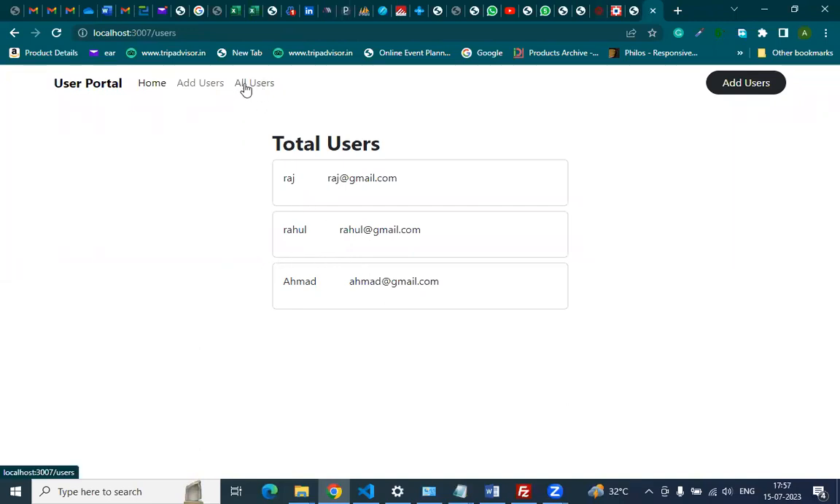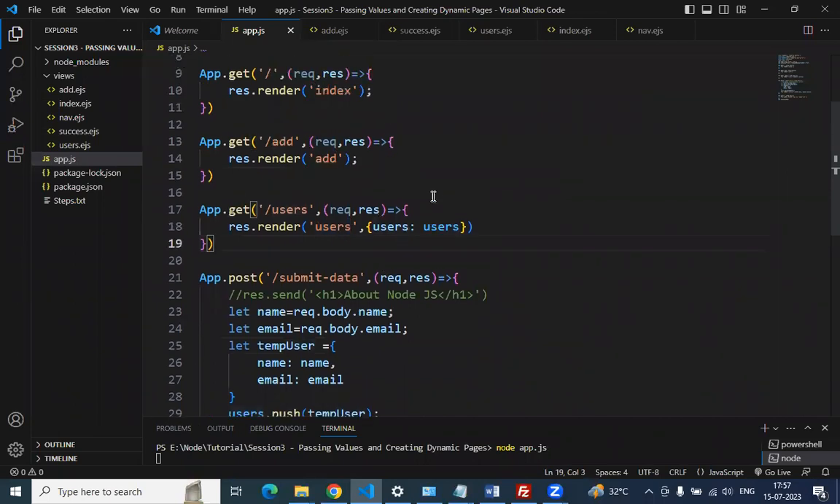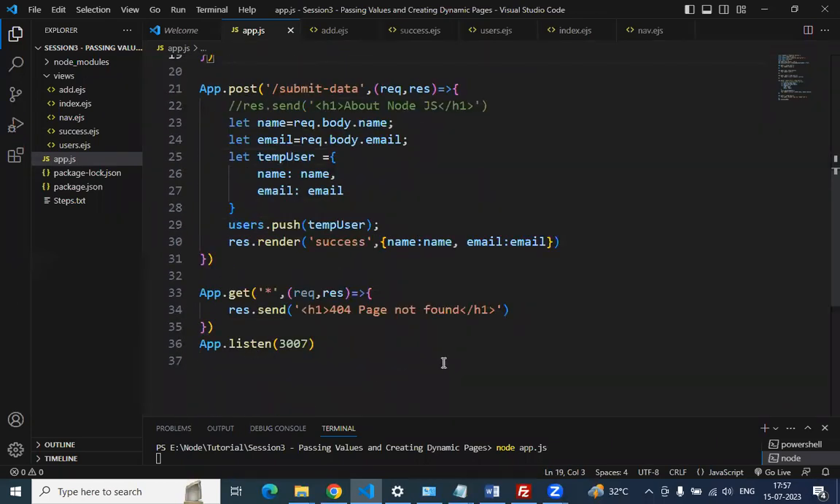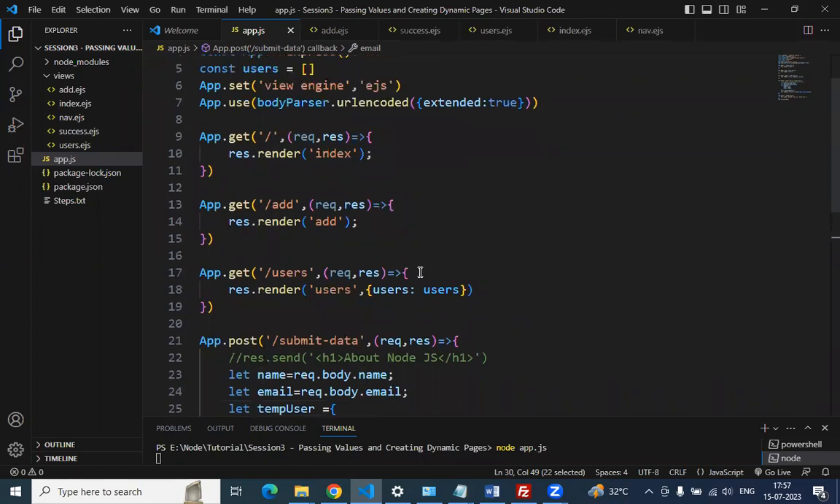Now, when we hit the all users menu, this /users URL will be called, and you can see in /users what we are doing. In /users, we are calling the users.ejs page, and we are passing the whole array. Here it was being passed only one value that was taken from the current form. And here we have to show all the users. So we are passing the users array as a whole to